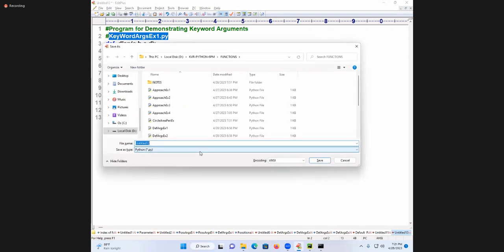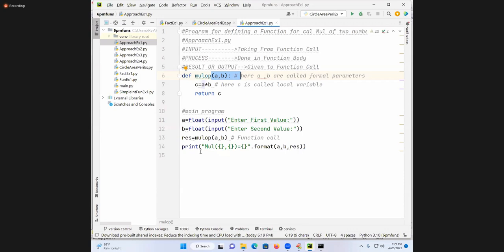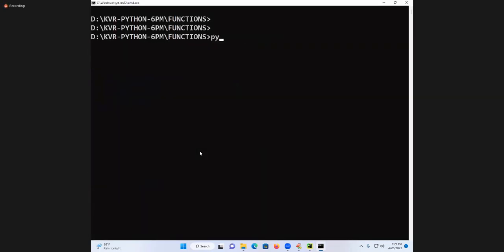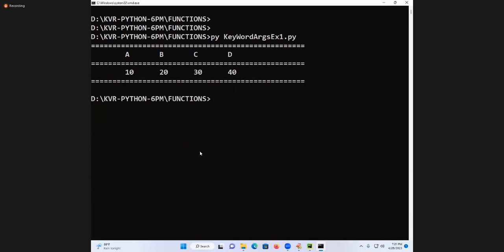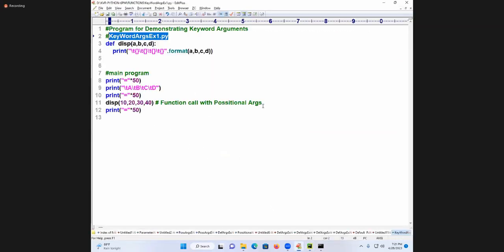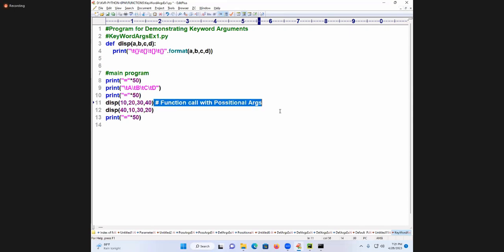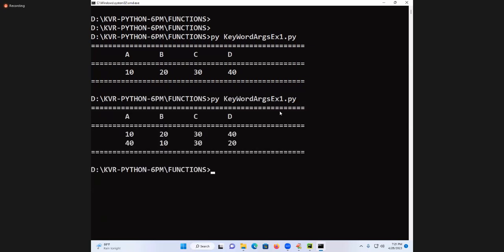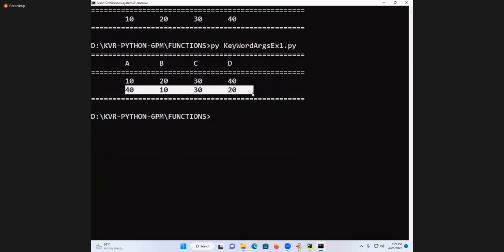See this now. Compile, execute it. See the answer now. A, B, C. Getting or not? Okay, take care. Don't get a doubt, sorry, it is executing in EditPlus. I can copy and paste it into PyCharm also. Wait. Display 40, 10, 30, 20. If I pass it with positional arguments, am I getting disturbance in the values or not? Disturbance in the values. We lost the consistency of the data.